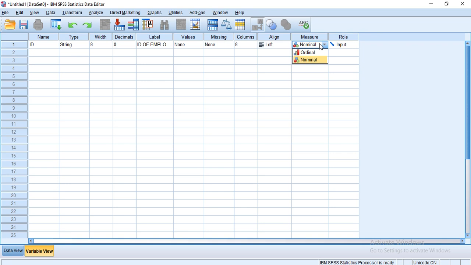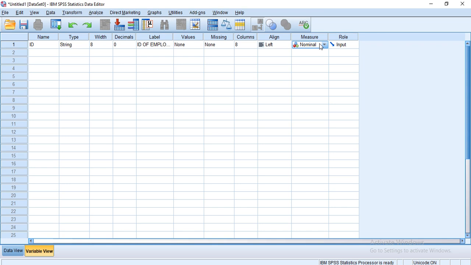Example, numbers written on the jersey of cricket players. If you look at the back of the jersey of your cricket team members, you will see number 1, number 2, number 3, number 4. These numbers are only given to identify a particular team member. The ranking order has no significance related to the jersey number. We will not say 1 is better than 2, 2 is better than 3, or 3 is better than 4. That's why we use nominal, which is only to identify a person.